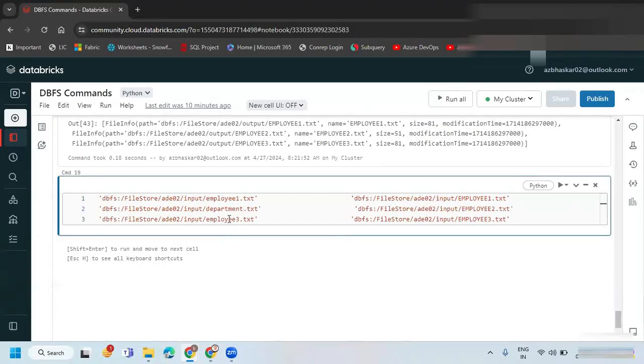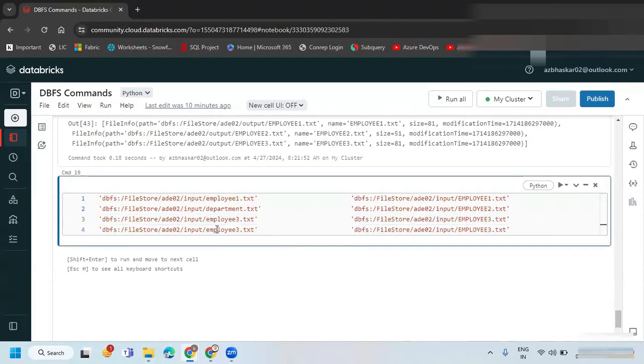Department.txt. Customer.txt. Okay, so these are all the files, but my output should have